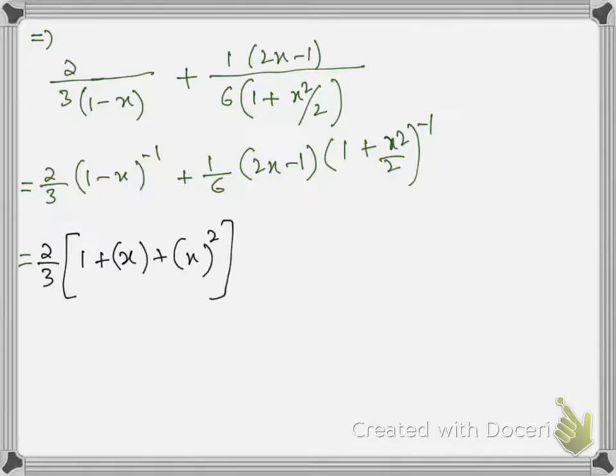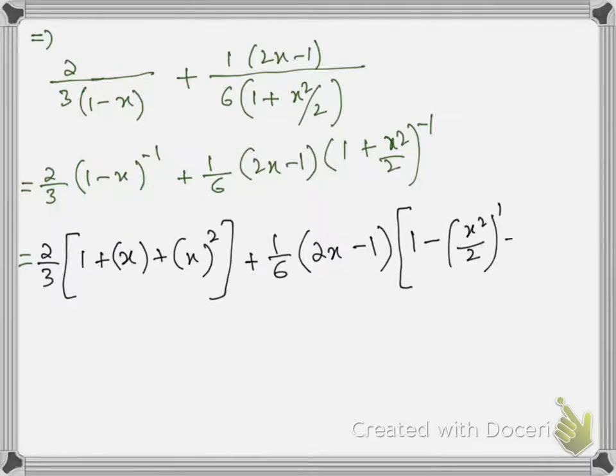This is the simplified form of the expansion number 1. Now we have to use rule number 1 for the second expansion, since we have a positive sign between the terms. So by using rule number 1, we have (1 minus x upon 2) to the power 1, then plus x to the power 2 upon 2 to the power 2, and so on.